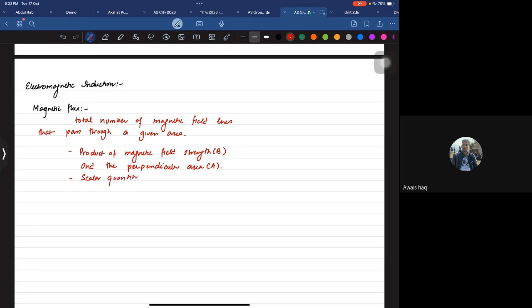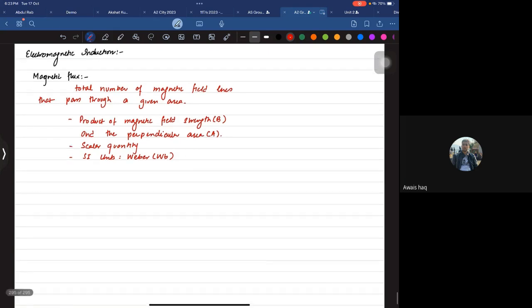It's a scalar quantity, and the SI unit for magnetic flux is Webers. It's written as Wb, by the way, capital W, small b. So magnetic flux has this symbol, which is called phi. And like I said, it is the product of magnetic field strength and the perpendicular area. This is for only